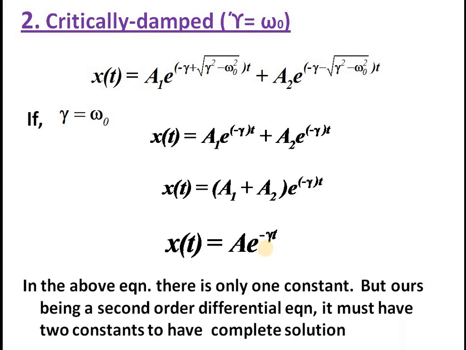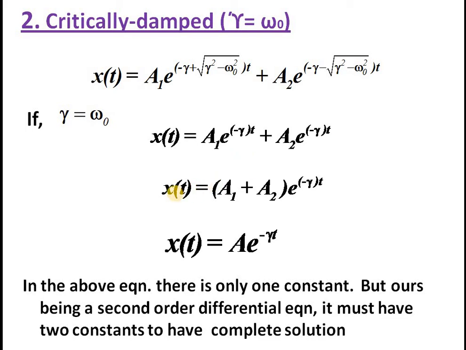But there are so many problems, because this is a second order differential equation. In mathematics, if you want to solve a second order differential equation, we should have two constants. But in this case, you can see that we have only one constant. That means when you apply the boundary conditions, we get only the value of a, not a1 and a2. But that is not enough for expressing the complete solution of a second order differential equation.